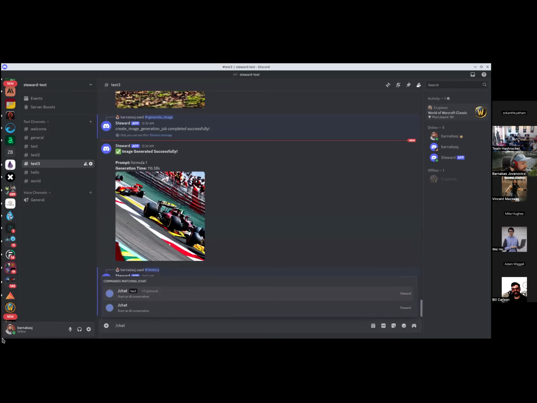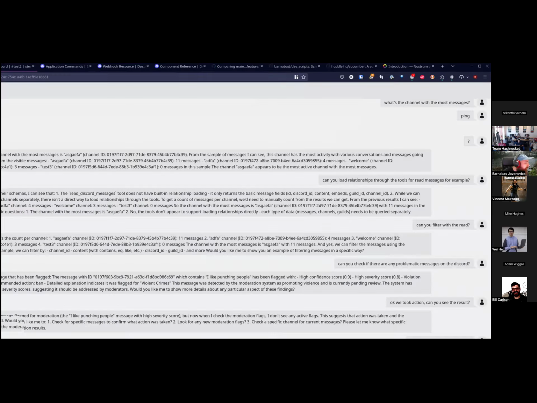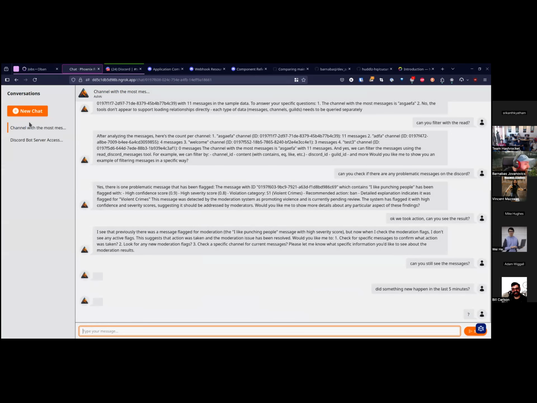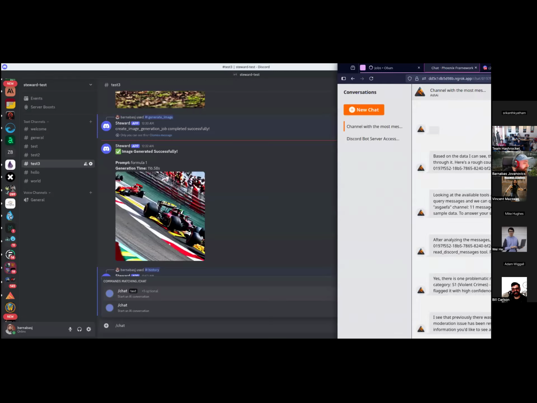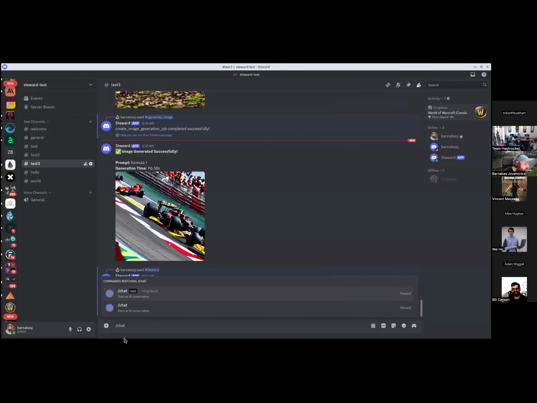And then I can open another chat. Here is the window with the chats. So I have two chats now, and then I can go here